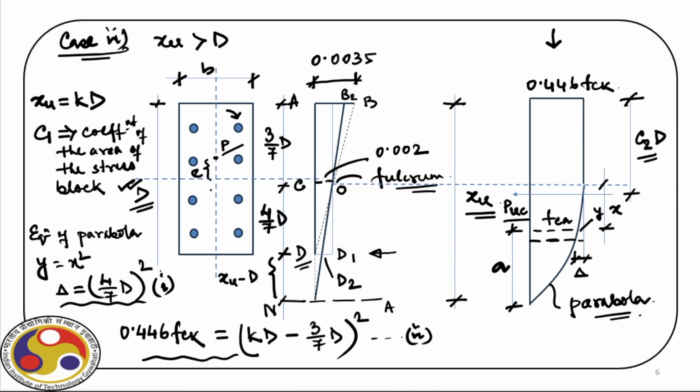So for that, let us mark, say this is the location of the ith steel. So the ith reinforcement. Now for the ith reinforcement, we'll have FSCI